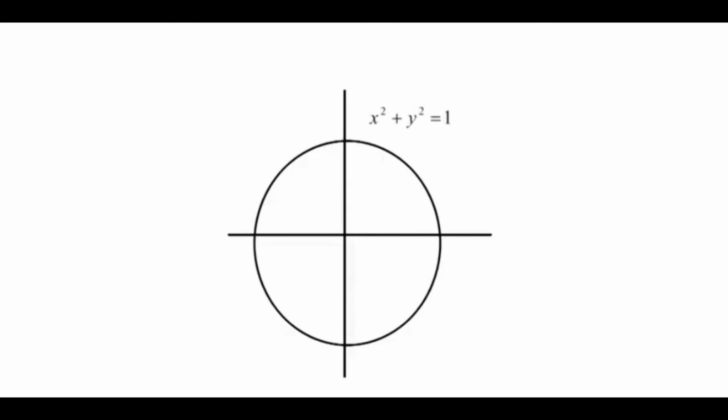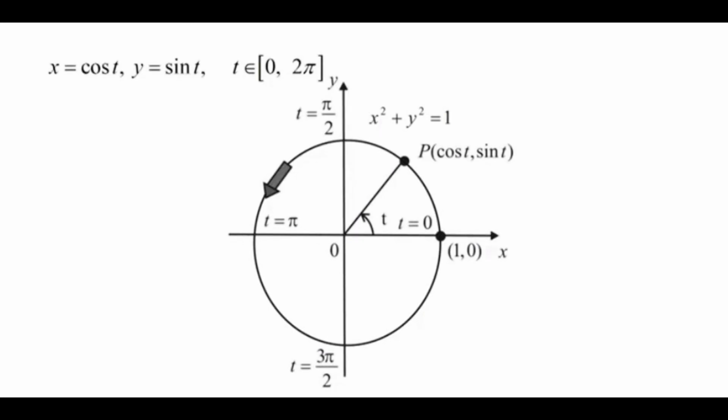For example, the equation x² + y² = 1 simply represents the unit circle centered at the origin. It doesn't give any idea of the orientation in which the curve is traced. At the same time, the unit circle's parameterization given by x = cos t and y = sin t, where t varies over the closed interval [0, 2π], shows that the circle is traced counterclockwise as t increases from 0 to 2π. And hence, the circle given by the above parameterization has counterclockwise orientation. The orientation of a parametric curve can be indicated by arrowheads.